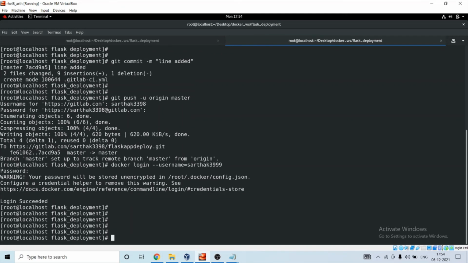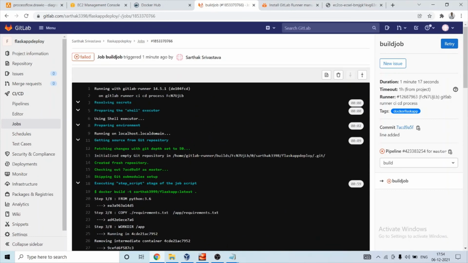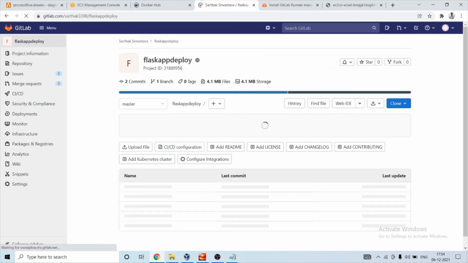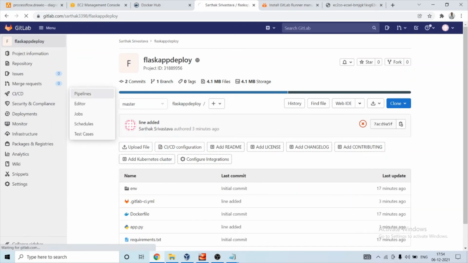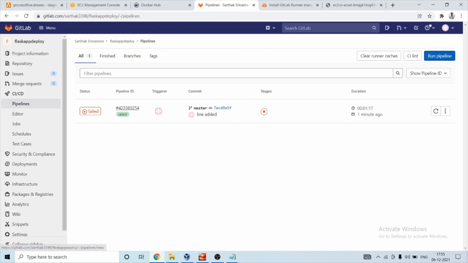So the login has succeeded. Now let's rerun our job. Go to pipeline and run pipeline.